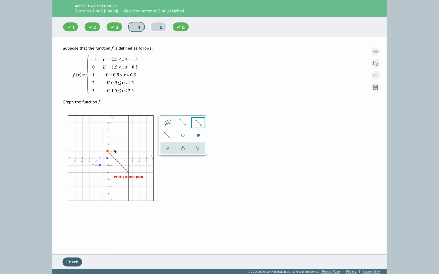And placing on the first point and then the second. So you have this next line segment. Then we have y is equal to 2. Okay, and so we have x equal to 0.5. And then we have x is less than 1.5, so I have an open circle. And then joining, we have with the line segment,